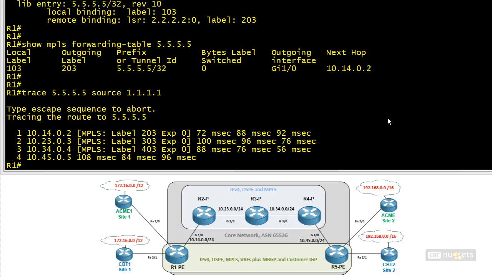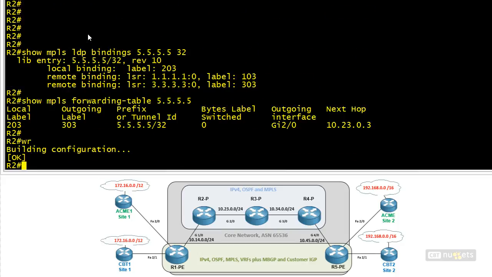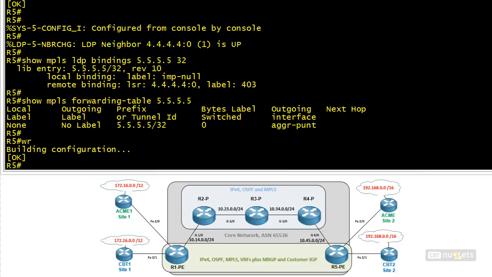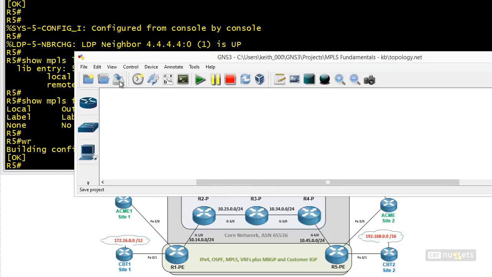So here's what I'd like you to do. On each of these routers, once you've built this label switching path between R1 and R5, I'd like you to save the configs on each of your routers. So I'm going to go through each of the routers and save the configs. And then I'm going to open up GNS3 right here and make sure I click on this Save Project icon right here. I want to save that because we want to be able to come back to it and continue